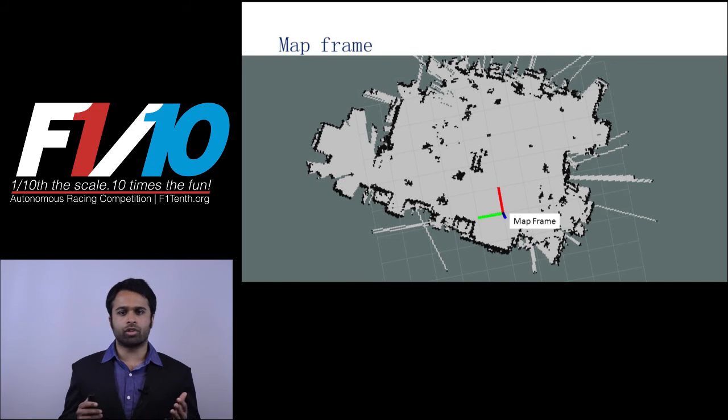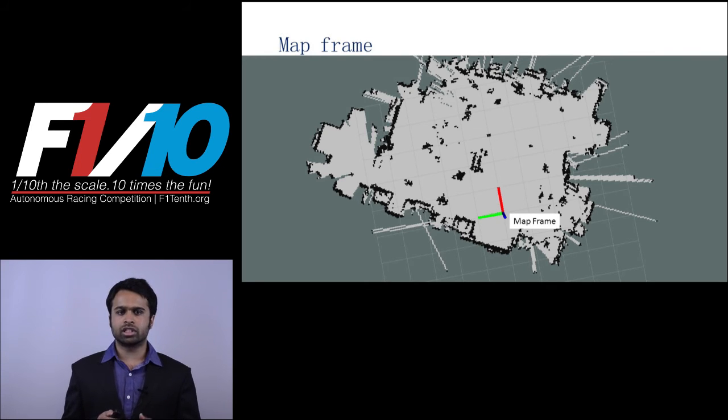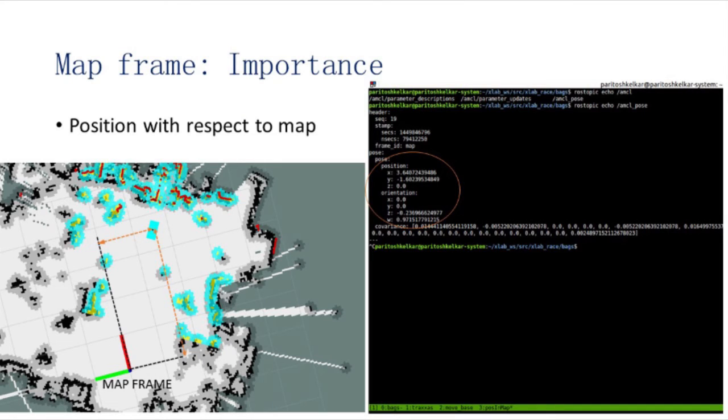Introducing the map frame of reference. This image has been directly taken off RViz and the same color conventions as earlier apply. The picture depicts the map of our lab as gathered by the car. The position of the frame you see in the diagram signifies the origin of the map. To know where we are in the map, we refer to the position of the car with respect to the